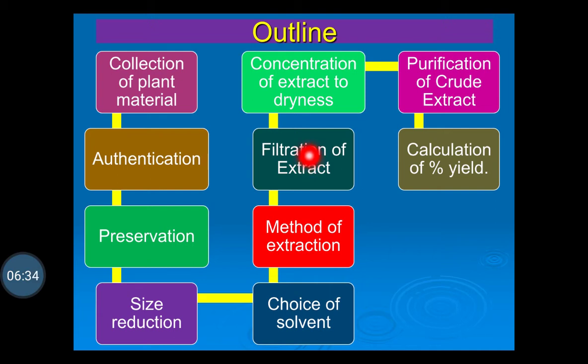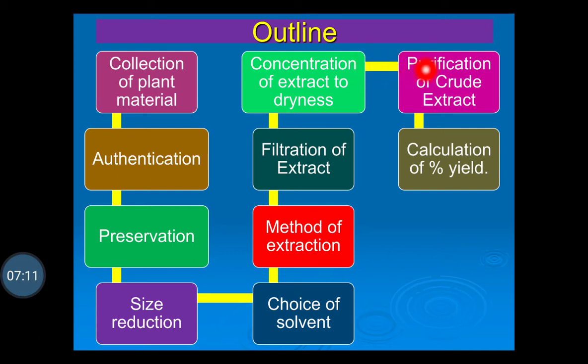extracted out. Then the filtrate which is obtained is in bulk, in a larger quantity. So you have to perform the evaporation of the solvent from the extract, that is, the concentration of the extract. You have to concentrate the extract to dryness, and you will obtain the residue. This residue is in the crude form. It is the residue obtained along with the active chemical constituents. It will contain the inactive chemical constituents also, which are not useful therapeutically.